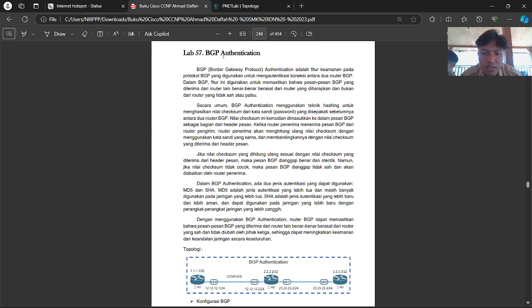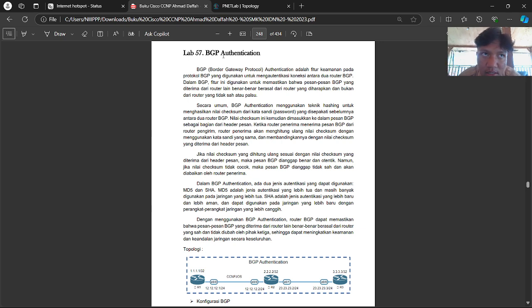So when the router receives the message from the BGP sender, the router can count the checksum again, check whether the password is the same or not, and then compare it with the result of the checksum that was received in the header message. If the checksum that we counted again is the same, then the BGP can make sure that this is a real, authentic message.